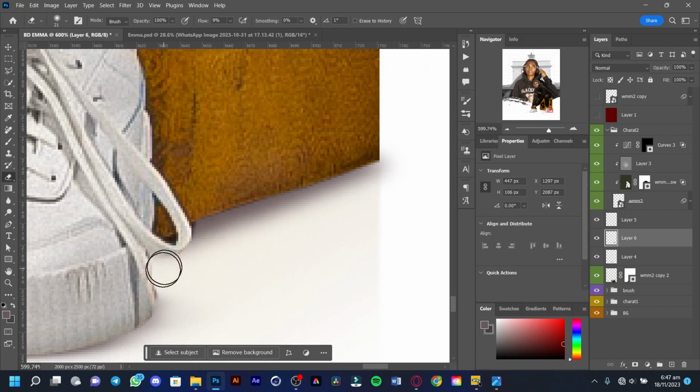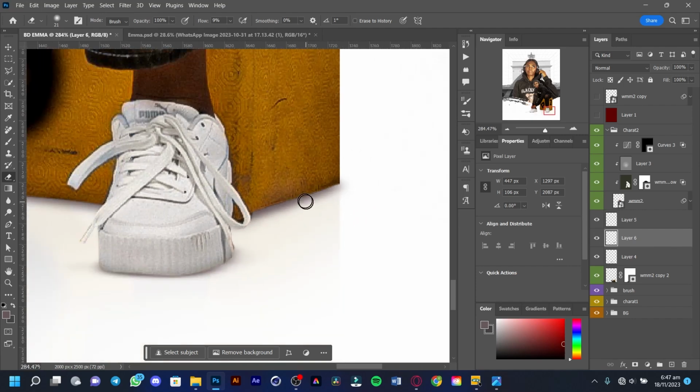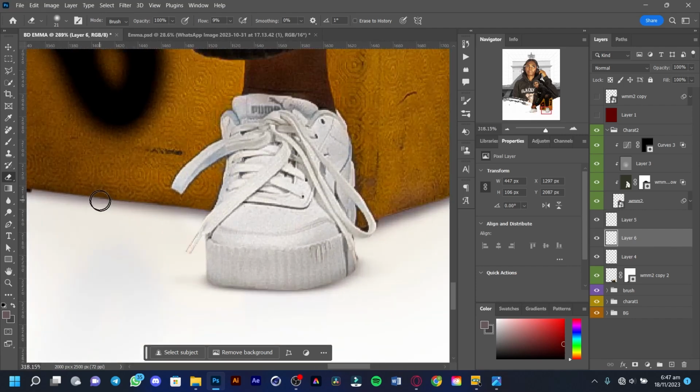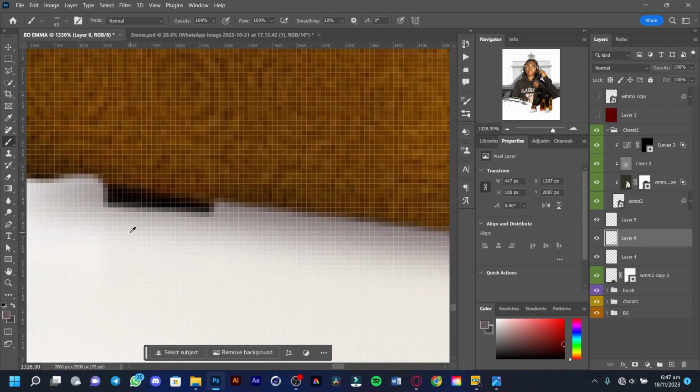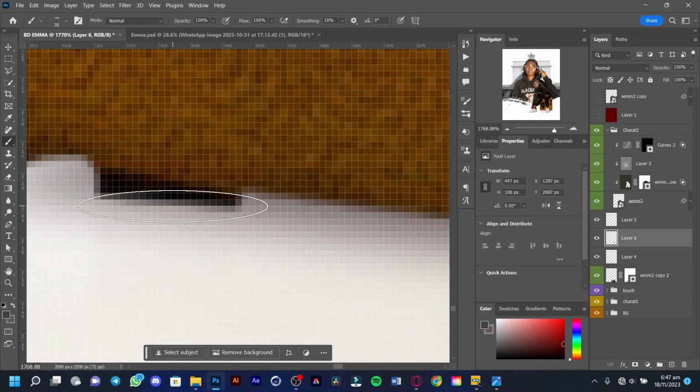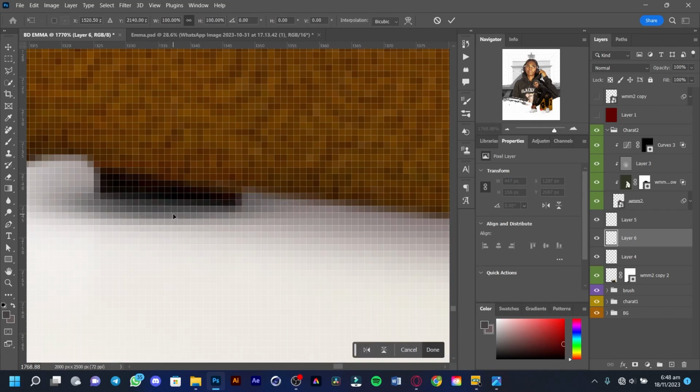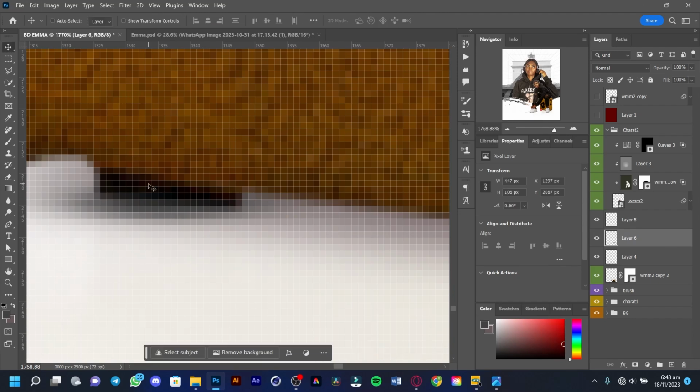I think this is okay. We have to just brush the excess part off. That's it. So just go for your brush and brush the excess parts off. Yes. Remember, you are taking reference from real life. Okay, so I think I have to brush it a little bit,